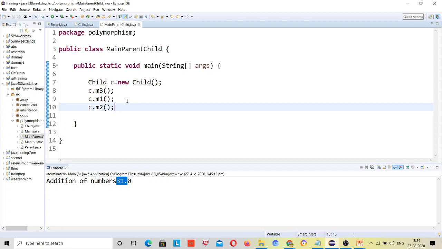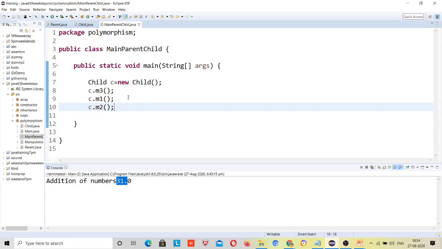If I understand correctly, in the child class we have already extended the parent class, so in the main method we can call methods of any class directly. We don't need to create a separate object for that. Yeah, we don't need to because we have extended that.